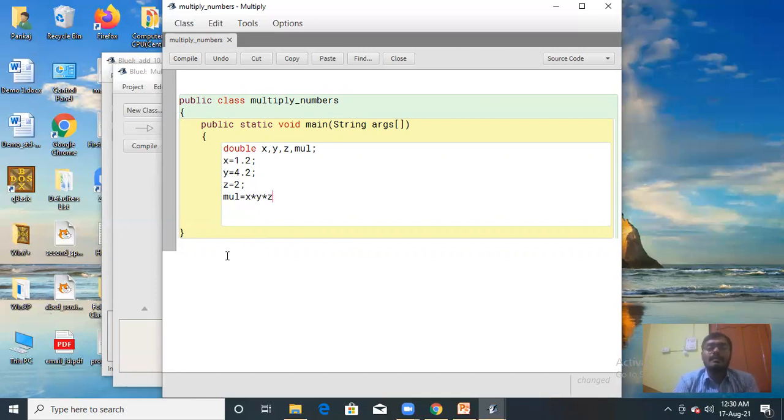Here you can see I have written the asterisk sign. The asterisk sign is known as the multiplication sign in programming languages, because on your keyboard there is no multiplication sign. So the asterisk sign is used for multiplication. Understood? It is used for multiplying the digits.